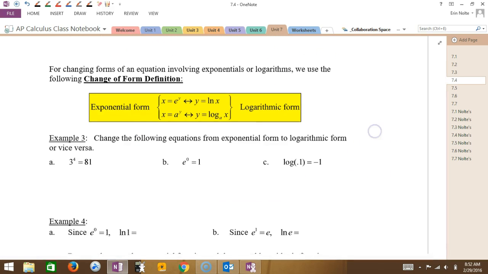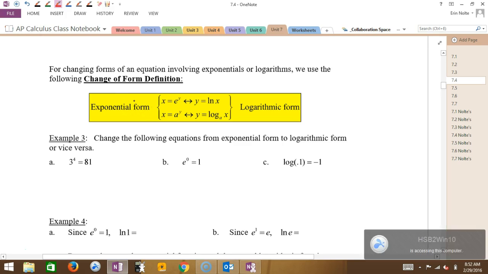Okay, so hopefully this part looks familiar. You guys remember how to convert from exponential to logarithmic and vice versa? If you don't remember, you should write this down. Okay, well, it's just written right here. Okay, so